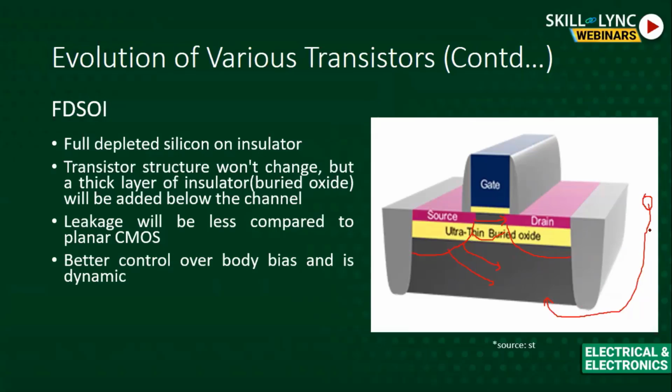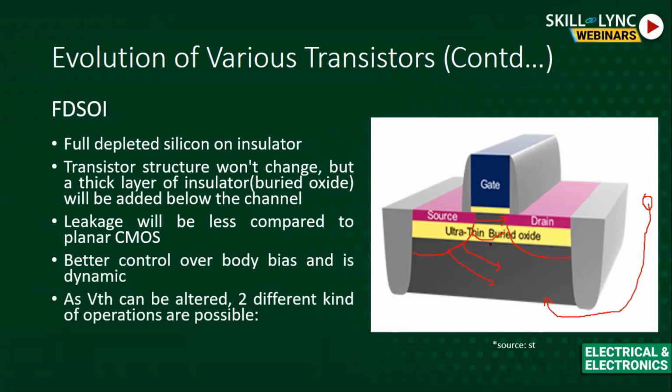When I say dynamic, once the chip is fabricated, we can even alter this body bias voltage. So what happens when we alter it? We are reducing the potential difference between these two plates, which means we can alter the threshold voltage too. As it is dynamic, at runtime, once the chip is fabricated, we can change this threshold voltage whenever we require, based upon the supply voltage we give to the FDSOI. So VTH can be altered here.